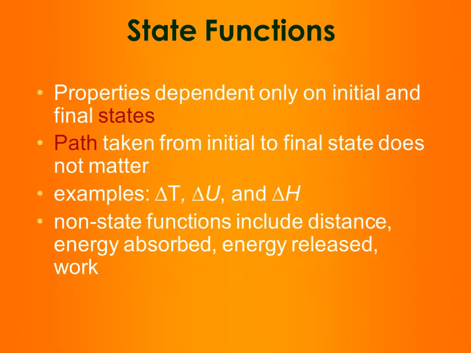So I said that state functions are going to be a little bit different than other quantities. State functions are only interested in your initial state and your final state. They don't really care about the path that it took to get from point A to point B. And so some examples of state functions are your delta U, your delta H, and your delta T. However, the beginning point and the end point will sometimes zigzag in the middle. And so things that would have a change in the amount would be more of your extensive properties, things like